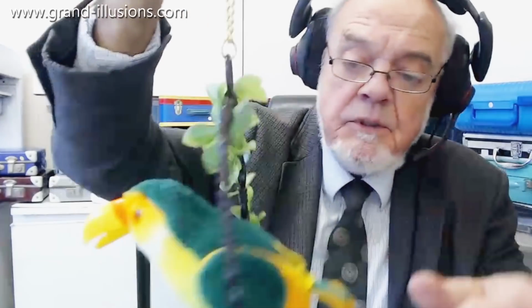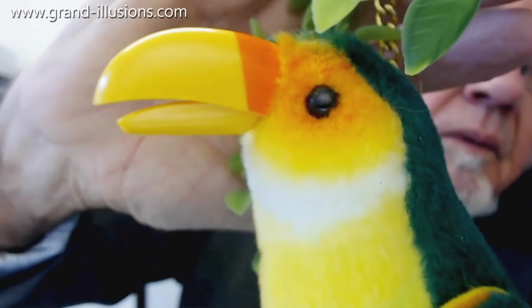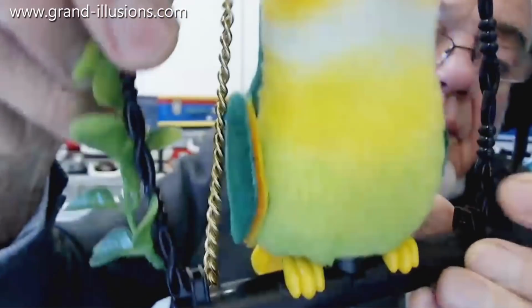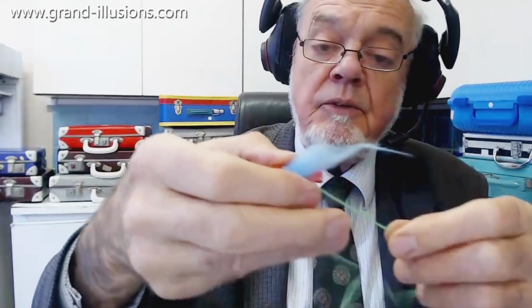I'll bring him up to the camera just to show his details. He's a real little beauty, this one. He's very, very nicely made. Up to the camera. Very nicely made, that. By contrast, here's a tiny little toy which I found in Valencia many years ago,